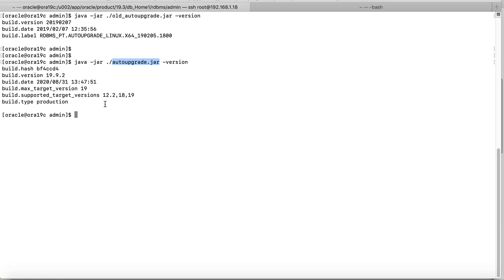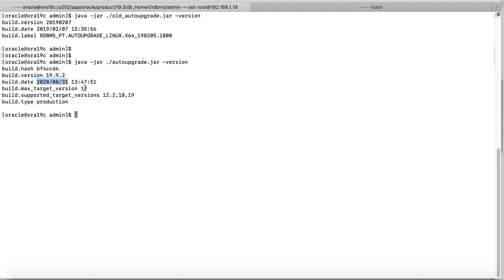Then I uploaded it to the server and I can check the version of the old utility versus the new utility. You can make out that as per that Metalink note, I am also using the 19.9.2 version, which is from 31st of August 2020, which happens to be the latest one.